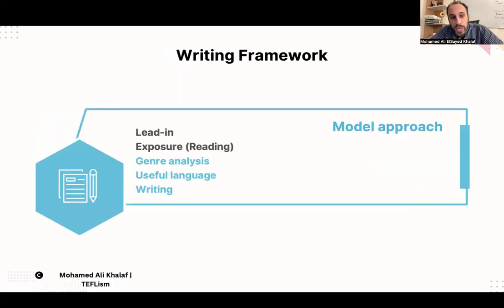Here in the writing framework, in the exposure stage, they're reading the same genre they're going to write in the end. So if they're writing a covering letter or a covering email to apply for a job, they need to read one. They need to be exposed to the same genre they are going to write in the end.